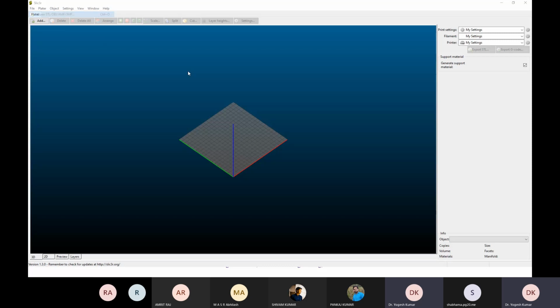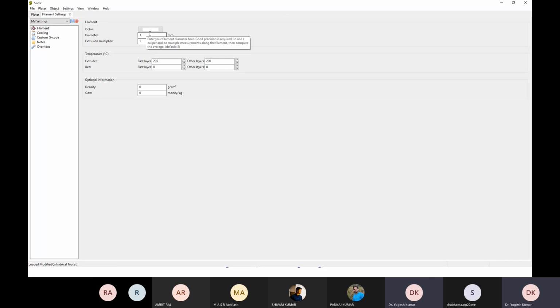Under filament setting, you give the diameter of your extrusion filament, extruder temperature related parameters, and density. If you also put the cost in money per kg, then you will also get the cost of your component.